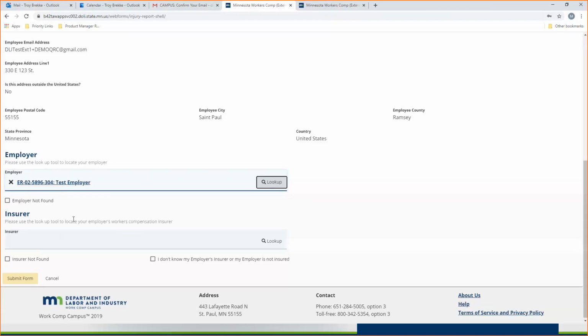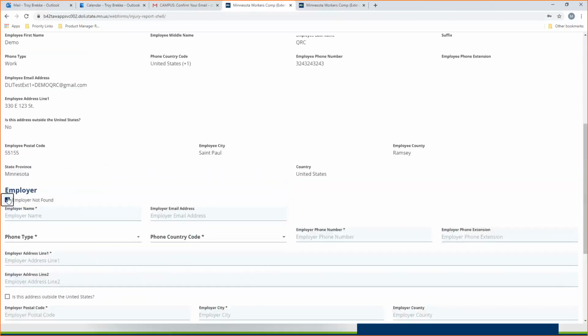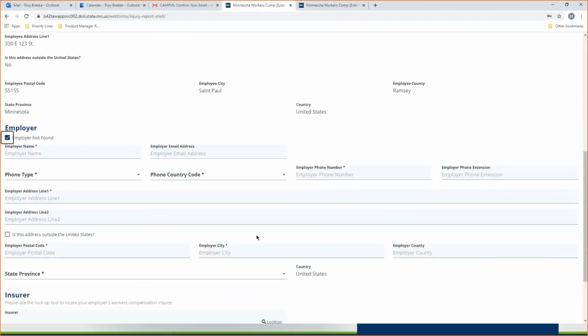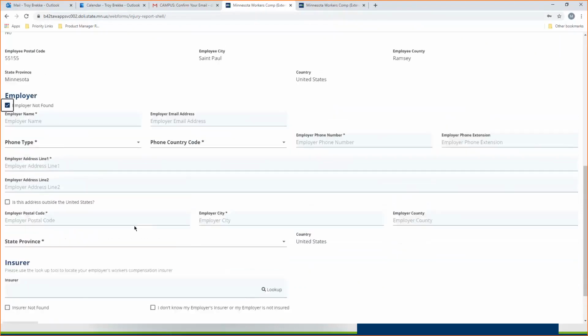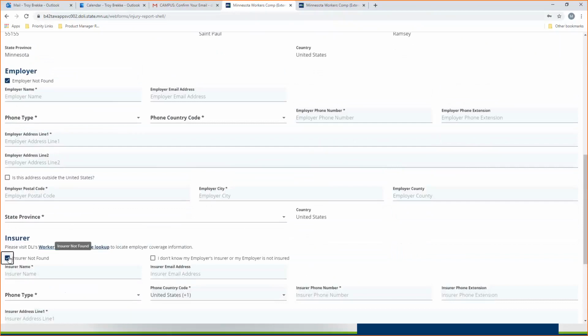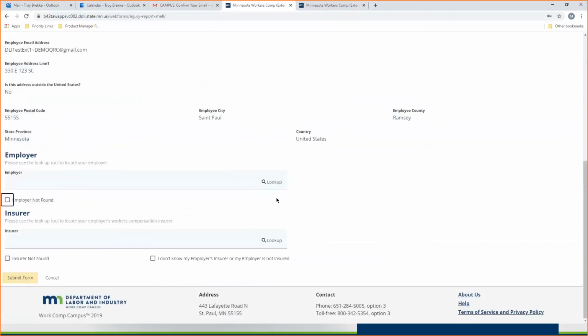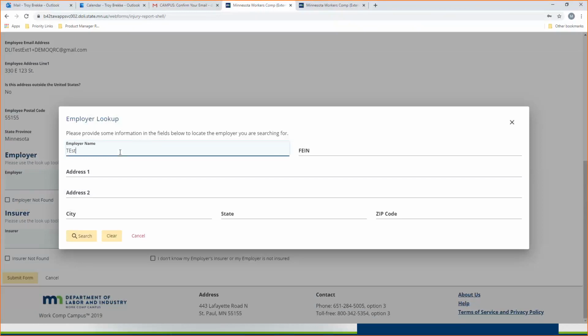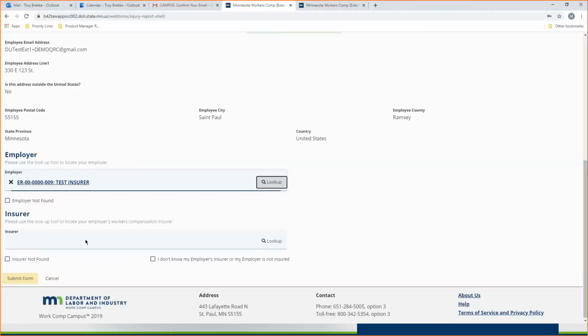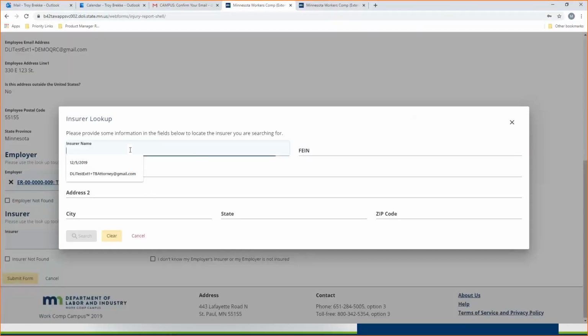If my employer was not already in campus, I do have the option here to select employer not found, and I can enter in the specific details for that employer, and that will save as a new record in Campus. Same goes for the insurer record. For this example, I'm going to use the lookup and go through that process one more time. And for the insurer,